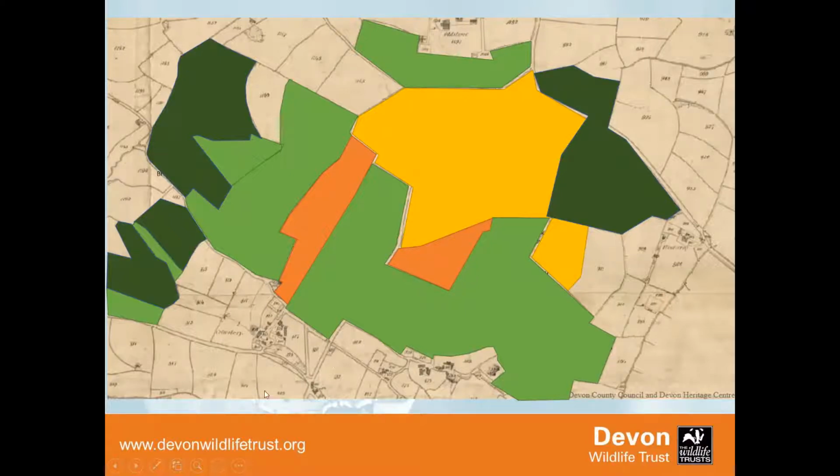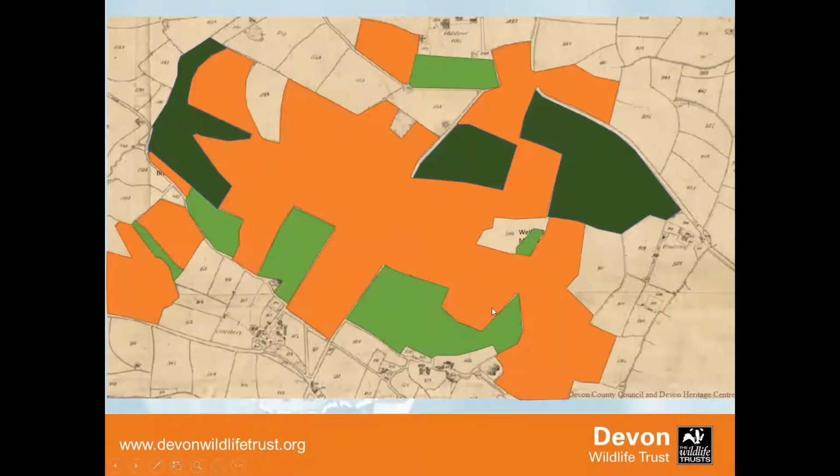I haven't actually picked out the areas around the settlements at the bottom of this picture, partly because their field names don't associate with land use, but they would have almost certainly been a mix of arable and temporary pasture. Coming on to the land use in 1840 when this map was made, suddenly you see a dramatic change. So while the previous map was probably referring to land use over the previous 500 years, it could be in for 100 years, but probably more likely over many hundreds of years. This is now a snapshot from 1840 of what the land use was.